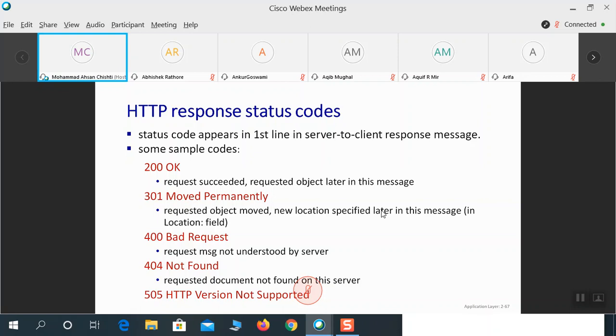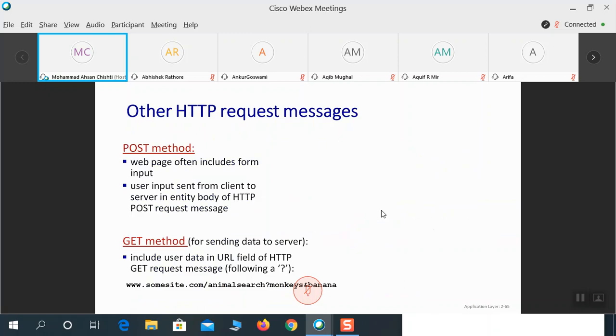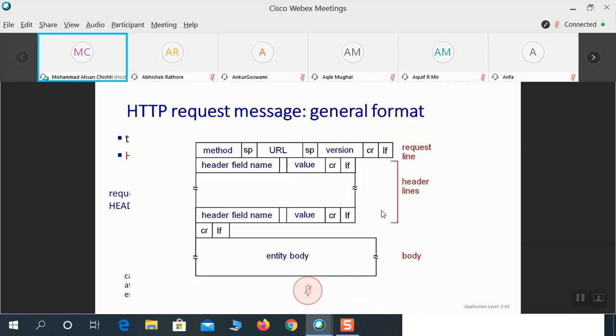For example, here we have HTTP 1.1 and the sender's request was also HTTP 1.1. Because of some differences between HTTP versions, we can have a difference here which would say the HTTP version is not supported. So this is basically what we have as HTTP request and response.